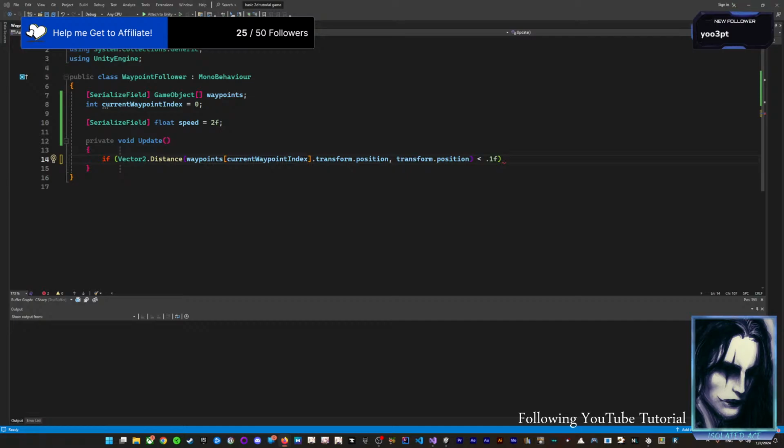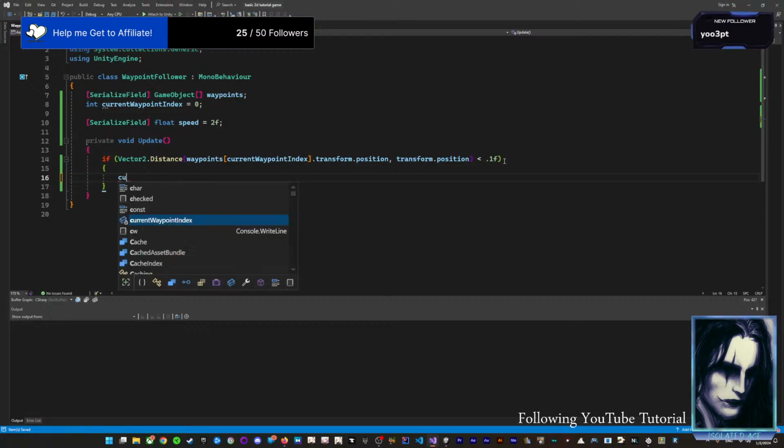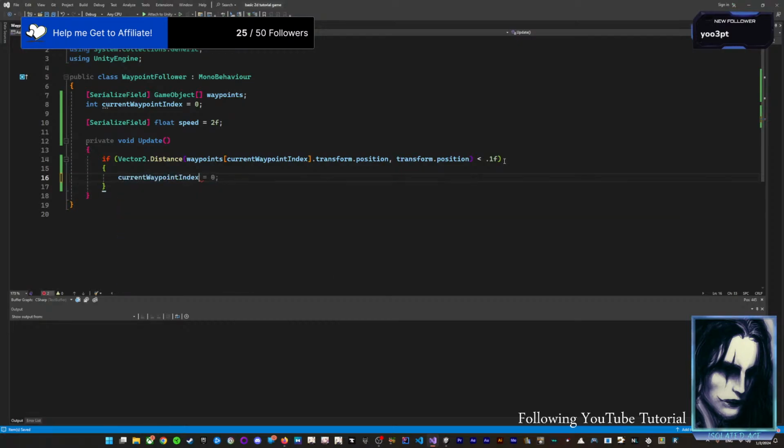So this basically means if the current waypoint and the platform have a distance of this very small fraction here, then we know that we are basically touching it, and then we want to switch to the next waypoint, which we do inside the curly brace block of this if statement here, because this part just returns true or false in each frame. So here of course we want to increment the current waypoint index like this,